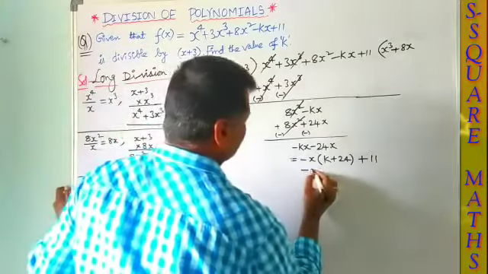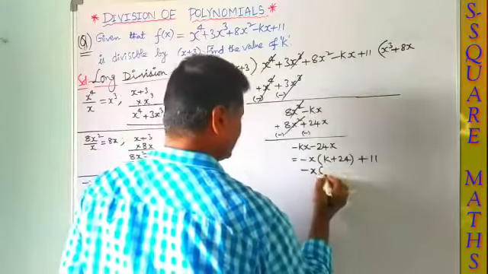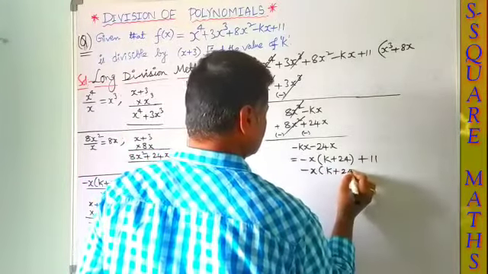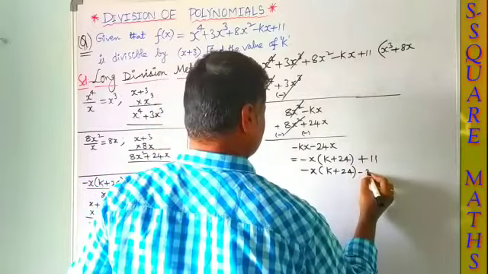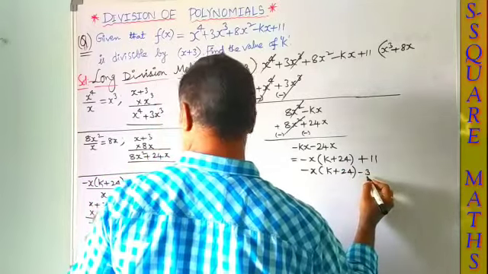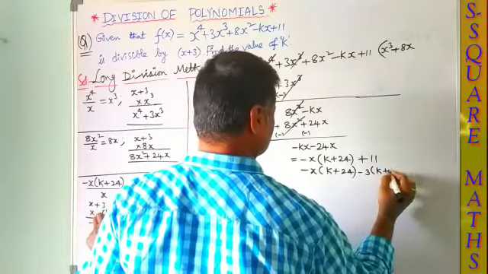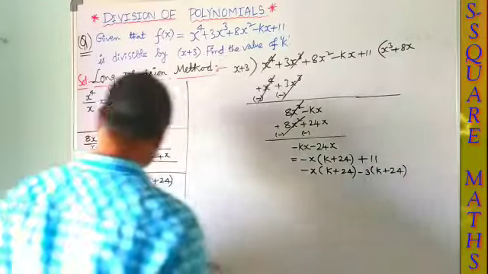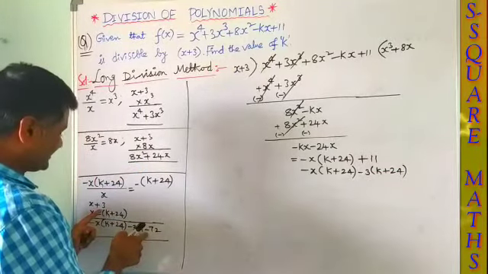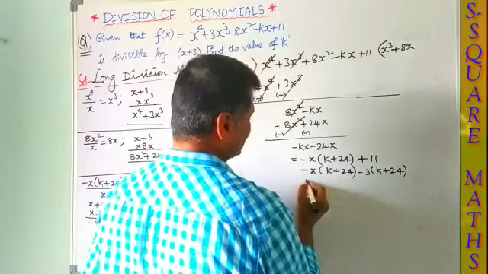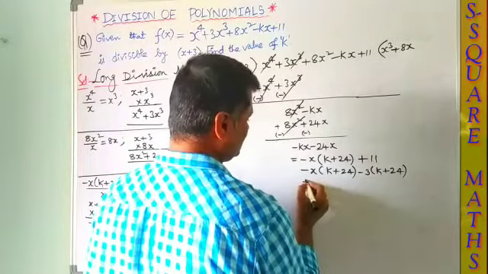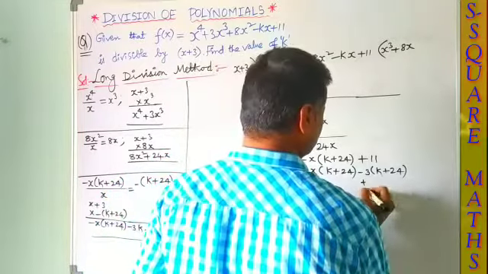So I got minus x of k plus 24, and here you can take minus 3 as common and write down k plus 24. You can do in any way, by multiplying with a minus 3 or without multiplying, it's your wish. So change the signs here. So plus, and here it is also the plus.